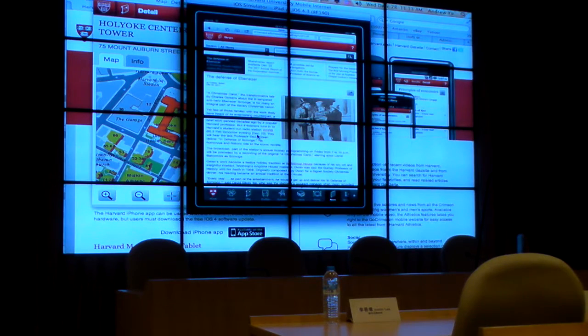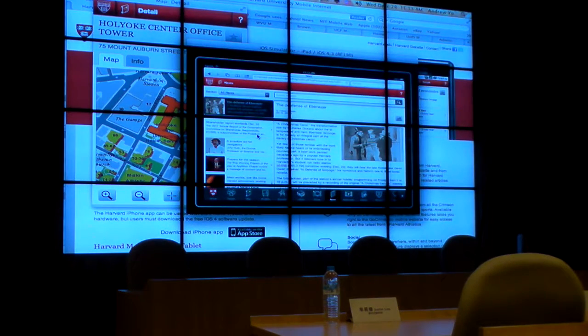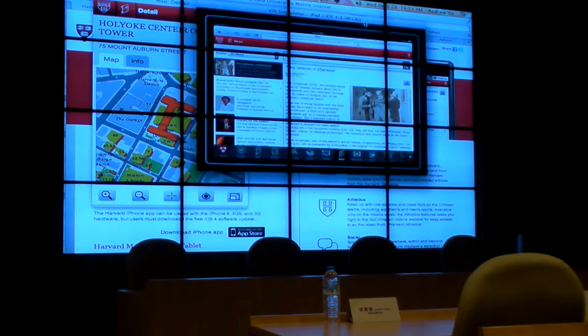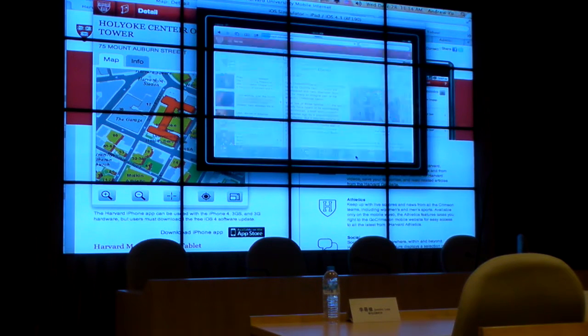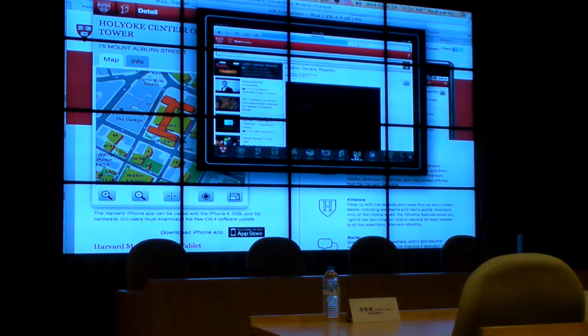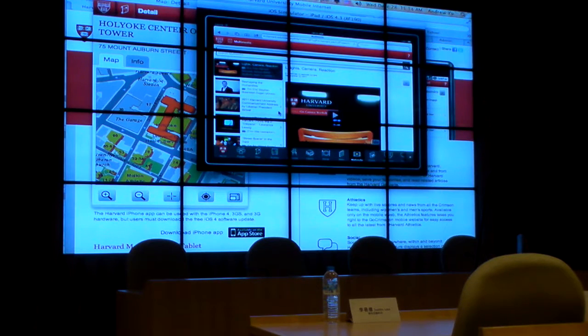Now if I flip the iPad to the right, it actually does that. So it recognizes the rotation of the screen, or the screen orientation, and then now it puts the user interface on the side. And it still gets the story from the Harvard news office, but that's what you get. If you actually want to look at the multimedia, it actually uses a similar interface, and that's what you get. So let's go to UVM